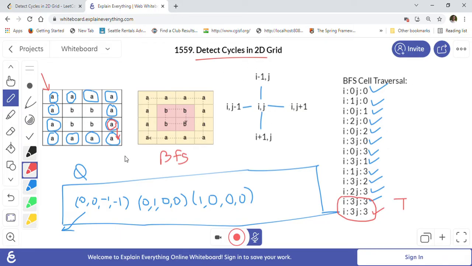So let me show you the code. I already explained how the BFS cell traversal looks. We start from this first cell and we go in 4 directions. Again we put that into our queue, then we take this out and we again go to these next cells like this and this. We again will put that into the queue. I will not be able to write because of the limited space, but you can imagine that they are being put into the queue. So that's how BFS works. I will show you the code now.